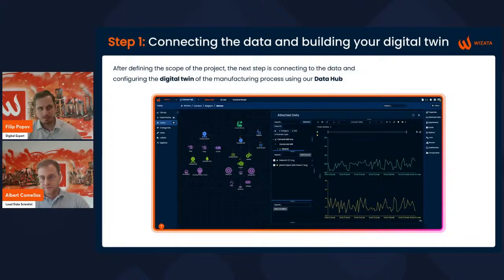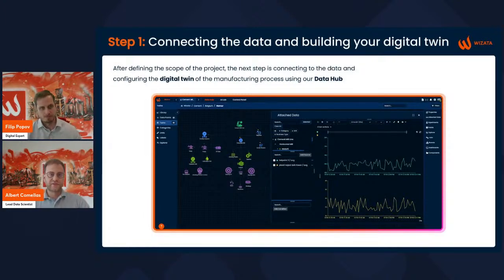In this, as in the particular case of the mill, we started connecting to an OSIsoft PI server, and then when we had to write the recommendations to the machine, we did it through an OPC UA server to write the values directly to the PLC. So then once we have the data connected and the data is flowing in real time, we continue by contextualizing this data with the production process.